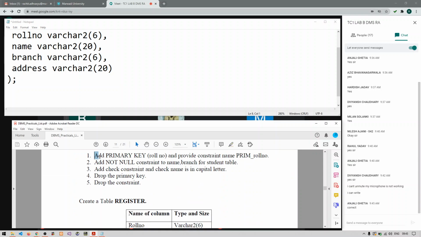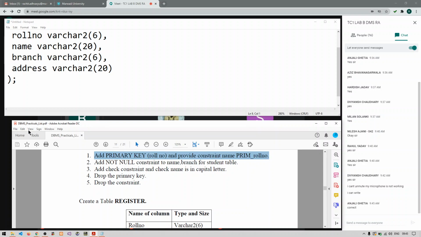So the first question is: add primary key on roll number and provide constraint name prim_rollno. Whenever you add constraints after the table has been created, you need to name that constraint, give it some identity.